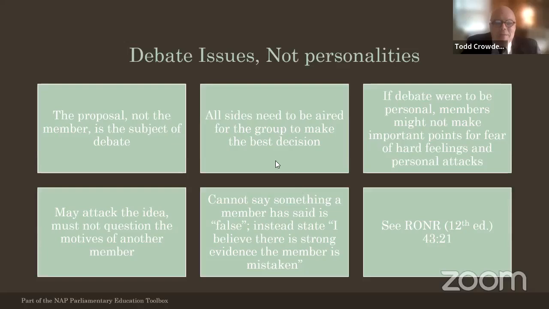A lot of times it's best to handle the first breach in an informal nature. Simply say, will the members remember the rules of decorum? And then hopefully that'll put them in their place and they'll back off a little bit. Sometimes people don't back off, they double down. A little bit later, we'll get into the escalating steps of disciplinary procedures during a meeting, and you'll see there are ways to do it in an escalating series, but that is the way I would do it at first.